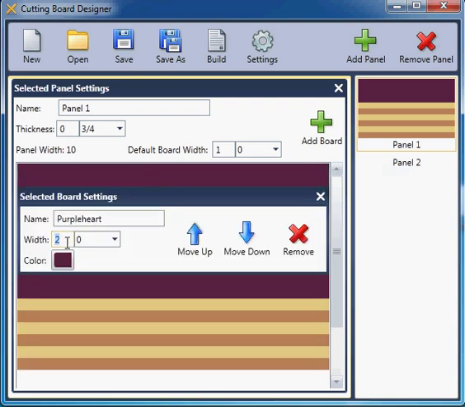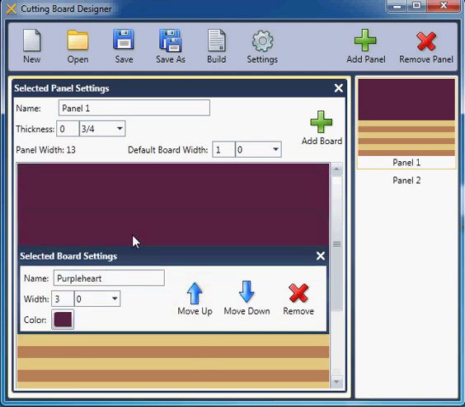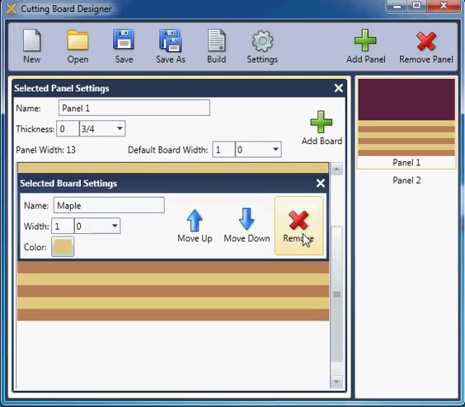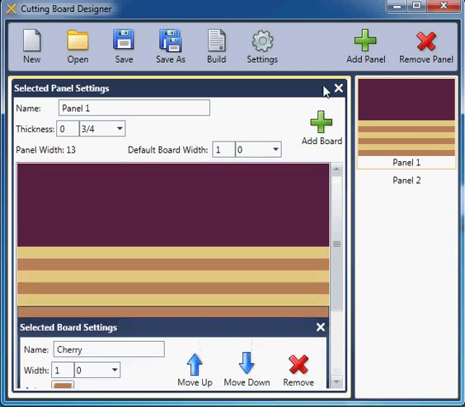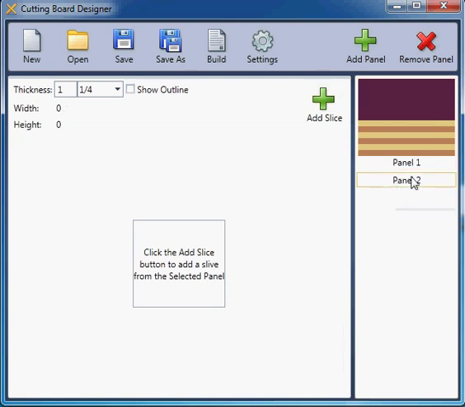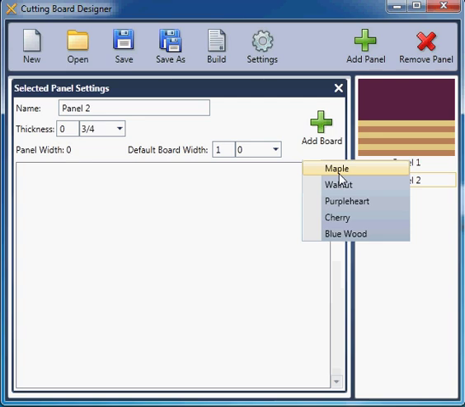And then we want to update the width for these boards. And that's our first panel. We close that. Then we double click on this panel. It is still empty. This one we want to change the default width back to 1. And then we add maple,